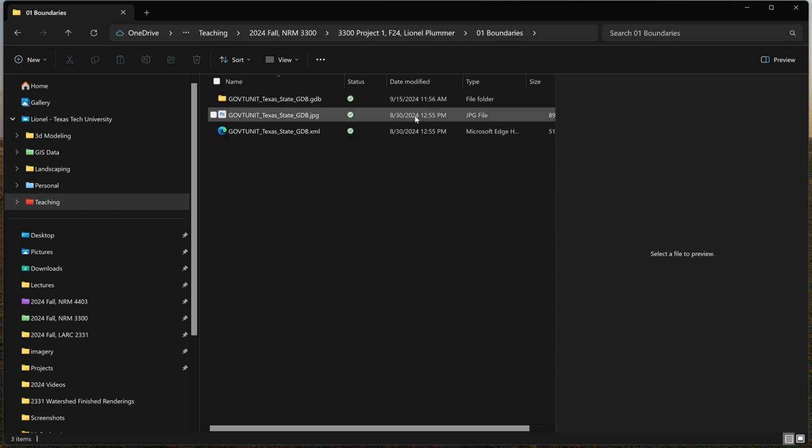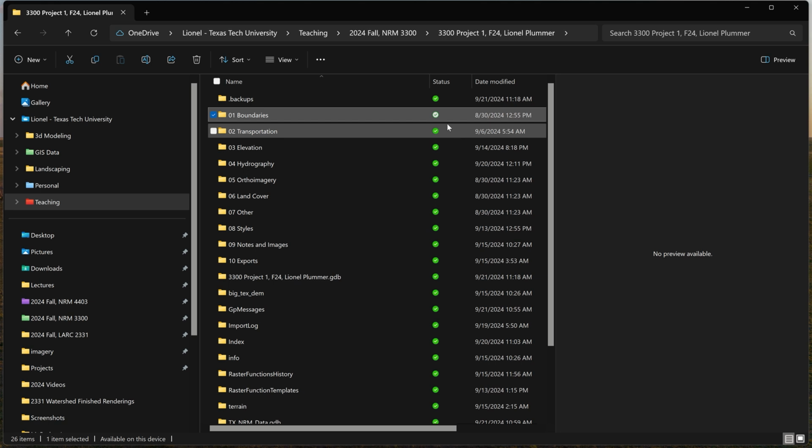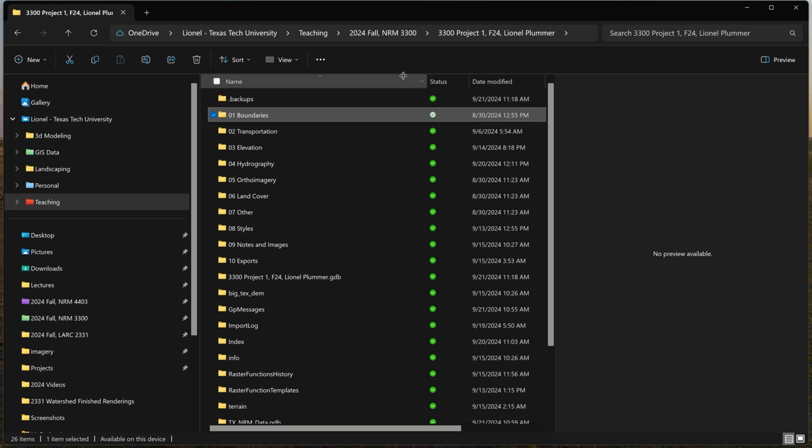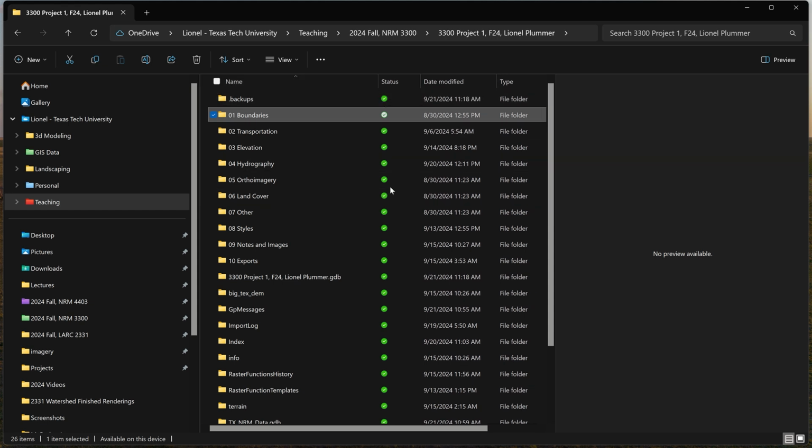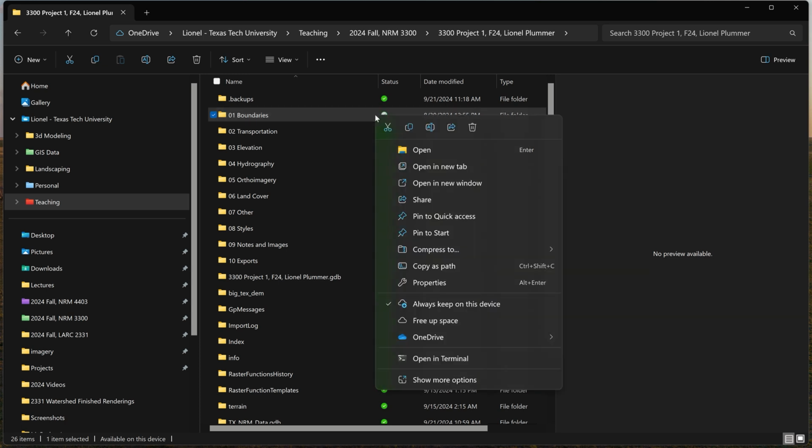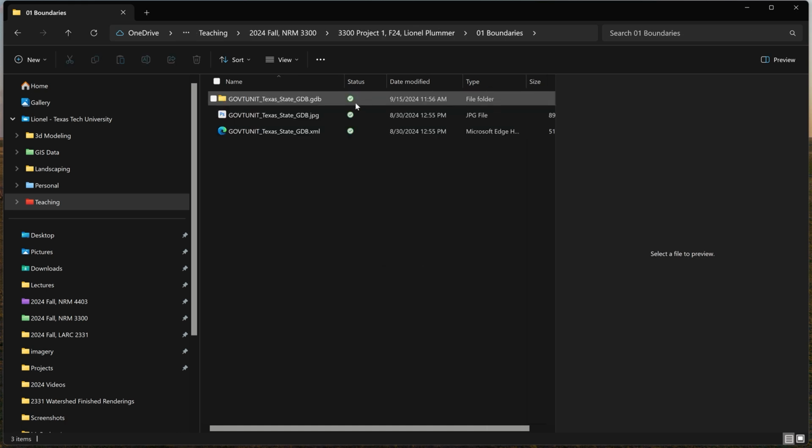And if I open this one up, this green check mark means it's okay as well. I like this one that's filled in, and I've researched what this means with Microsoft, and I can't seem to figure out what they're saying here. But if you have this check mark with the white circle around it, you should be fine as